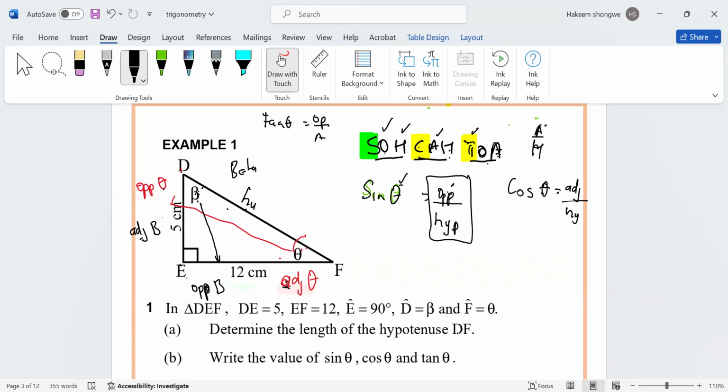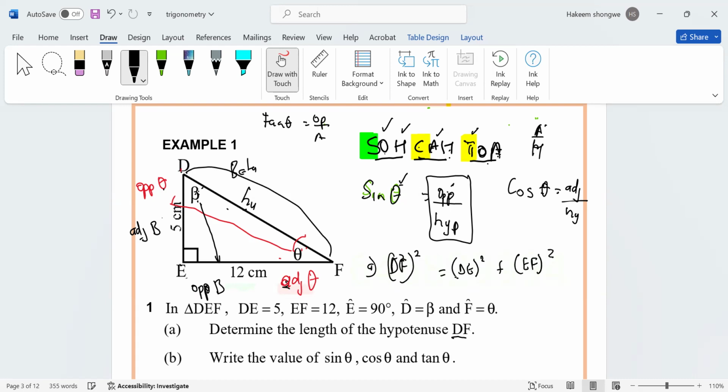They say we should be able to calculate the length of DF, which is the hypotenuse side. Now, how would you calculate the hypotenuse side based on what you already know from earlier grades? We're going to use the theorem of Pythagoras. It says the hypotenuse squared is going to be the sum of the squares of the two sides. So we're going to have DF all squared, which is the hypotenuse, equal to DE all squared plus